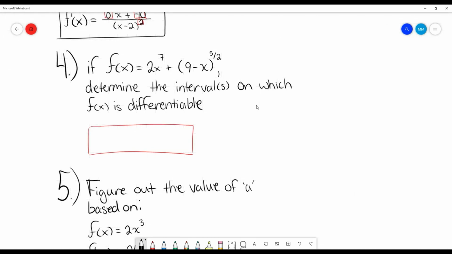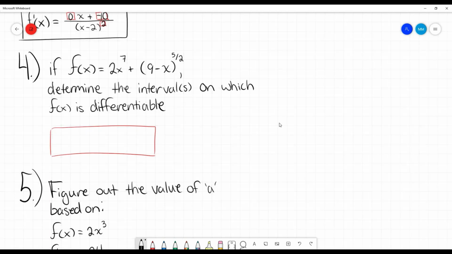All right, let's try number 4 now. This one is a pretty short one. It says if f of x equals this, we want to determine the intervals on which it is differentiable. So the first thing I notice is that there's a 2x to the 7th, which the domain of that is obviously going to be all real numbers. There's no reason that any x value would be outside of its domain. So I know that this has a domain of all real numbers right here,